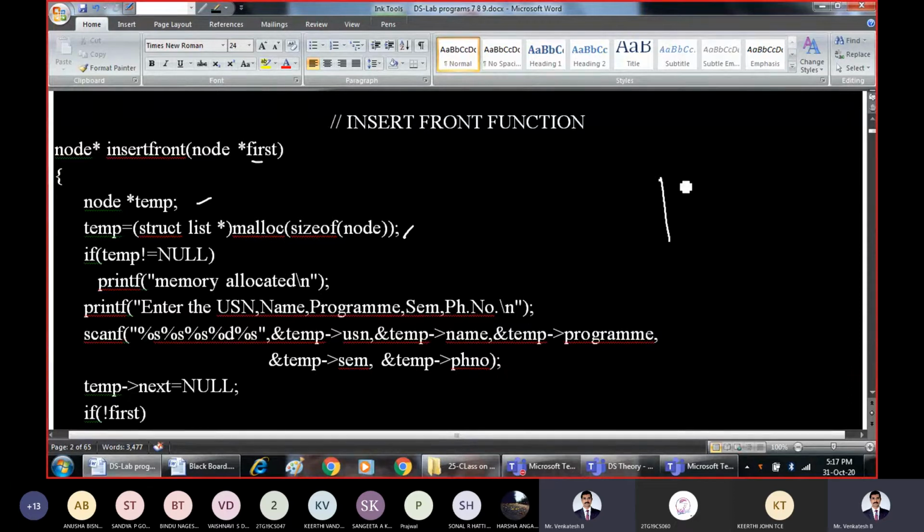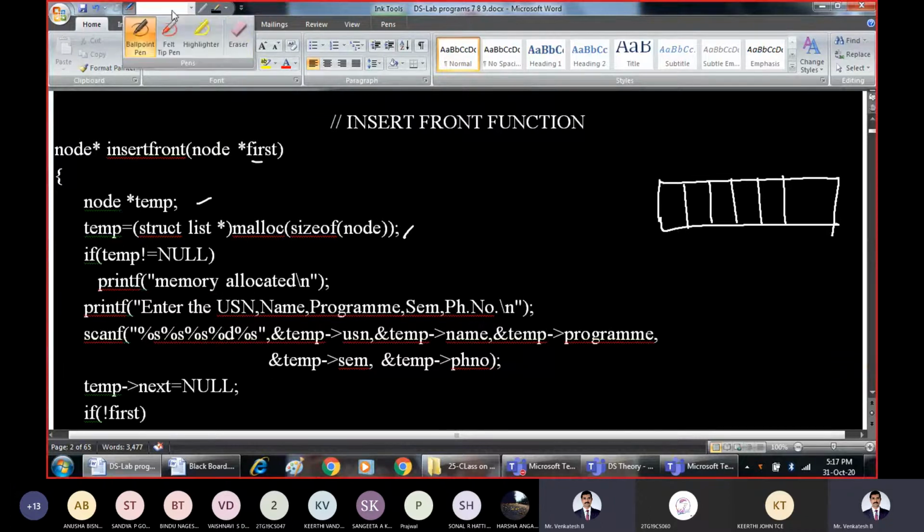So I will try to allocate the memory here. Most of this involves imagination. As space may not be sufficient here for showing everything, I'll use short forms for representing the nodes. 1, 2, 3, 4, 5, and this is the 6th one.